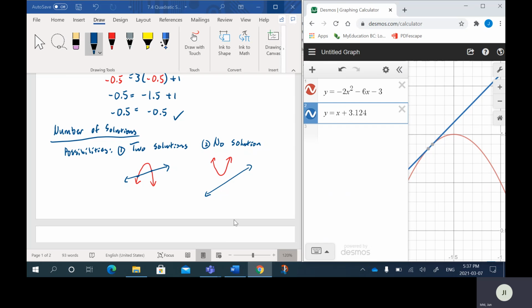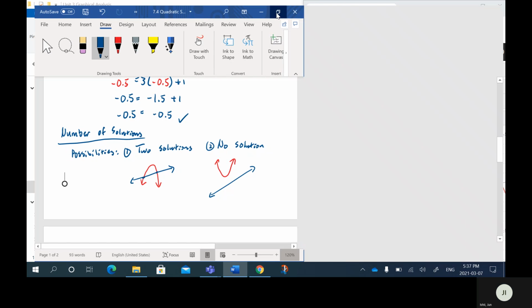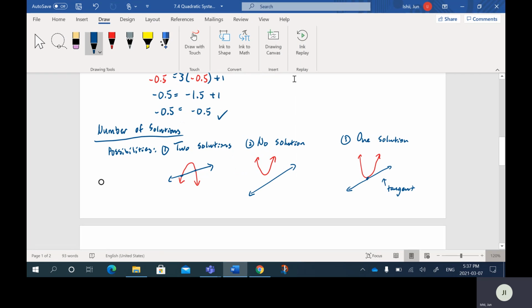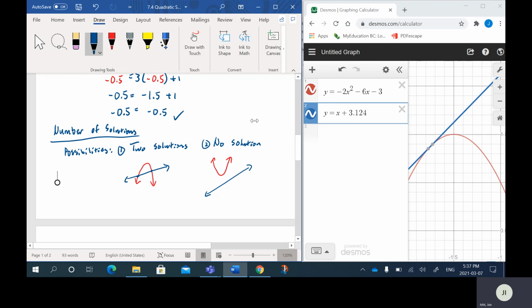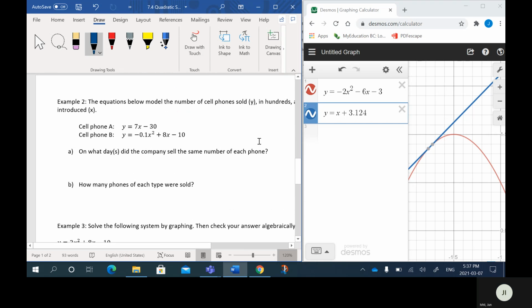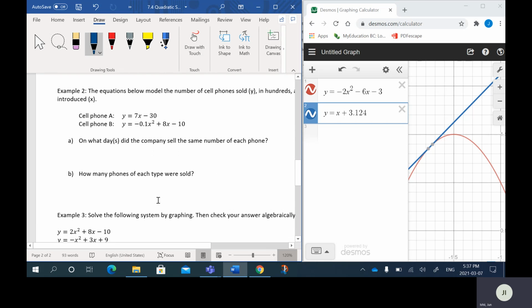Cool. All right, so let's, yeah, so one solution is when it touches. All right, so let's go on to the next example here. So example 2,